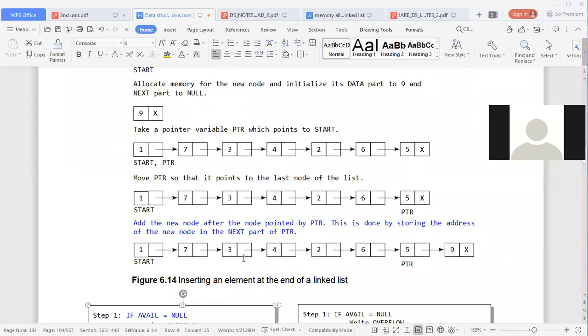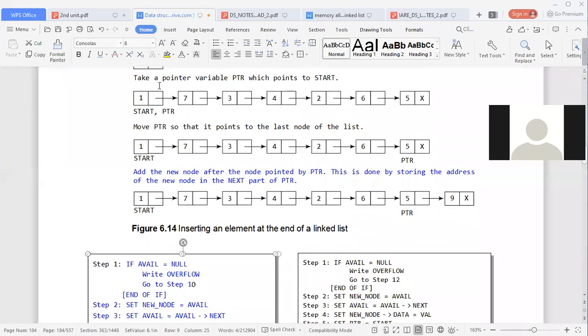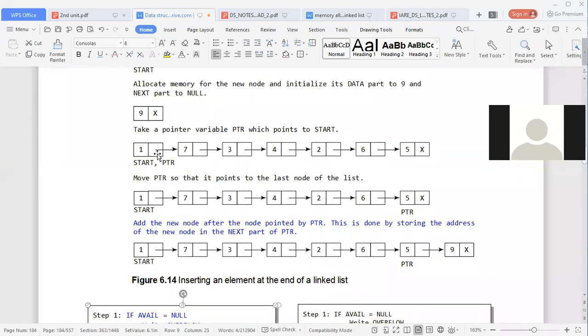We compare the address part of the pointer to null. So what is in node 1? What is the value contained there? Pointer next not equal to null means pointer next is this. Pointer points to node number 1 and pointer next is this value. What is the value that may be here?